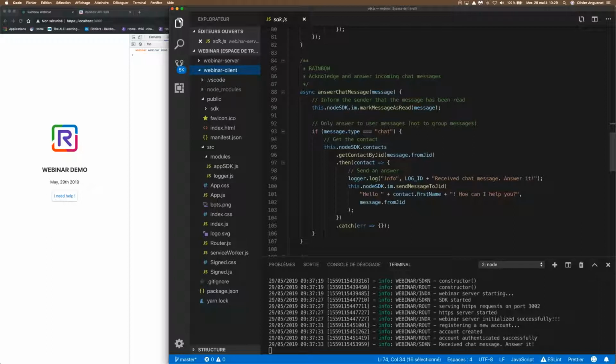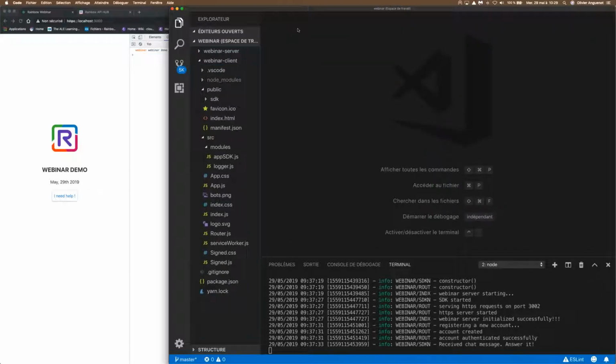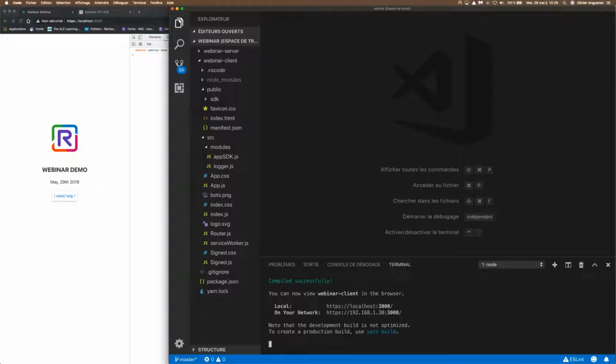The client-side application, I chose to build it using the React framework. It's a framework created by Facebook, and it comes with Create React App, an application that helps you to start with React and to have a complete development environment without having to do it manually. So if I open it, you already have the possibility to, for example, refresh the browser each time you make a change in your source code.